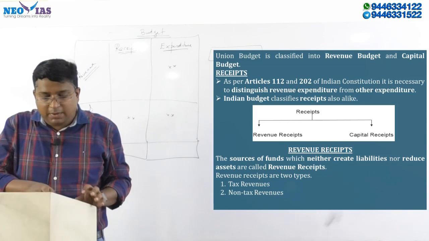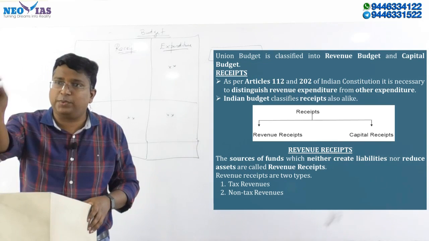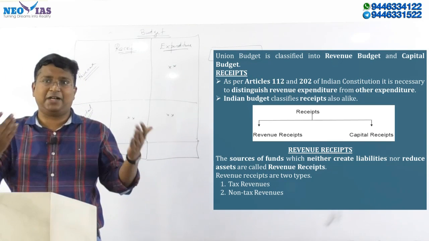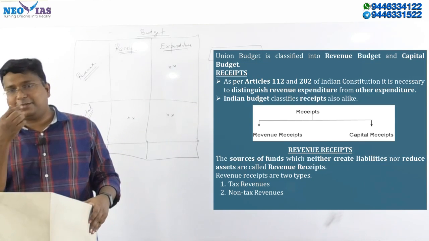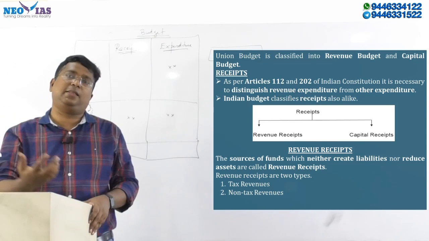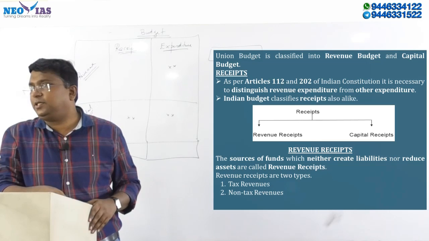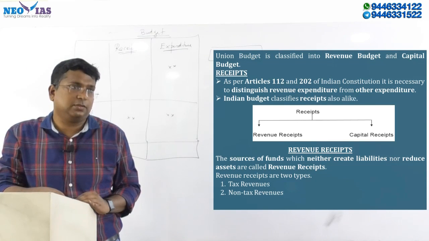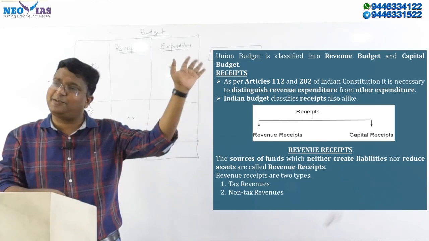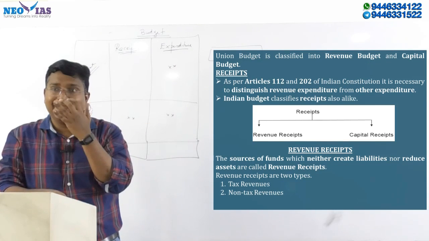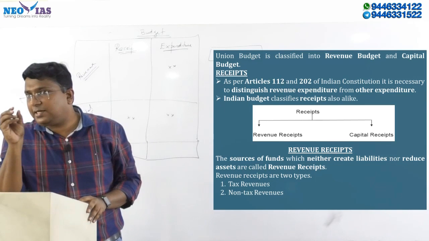imagine your father is giving you 10,000 rupees. It can be anyone, your father, or if you have a job, you are getting money. I'm just saying that your father is giving you 10,000 rupees for your monthly expenditure. Imagine you are a student and your father is giving only 10,000. Fees, everything he has already paid, so don't worry about that. So 10,000 for your monthly expenditure. Normally, if it is a receipt,